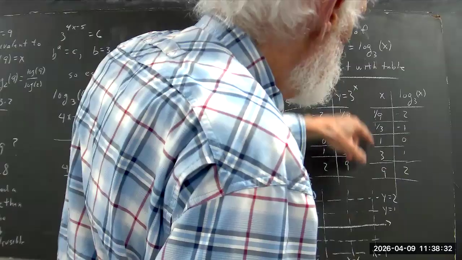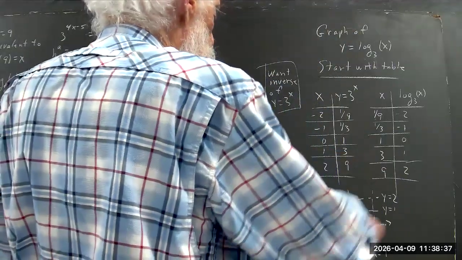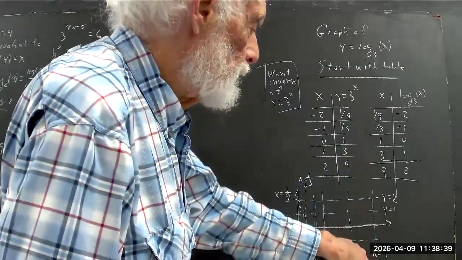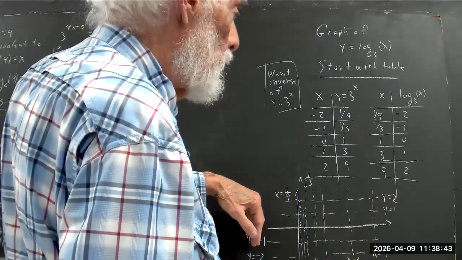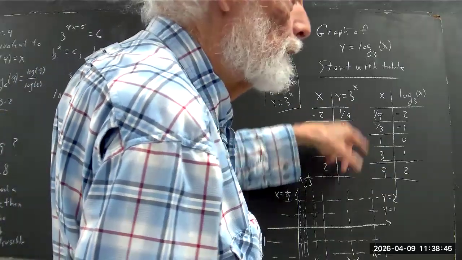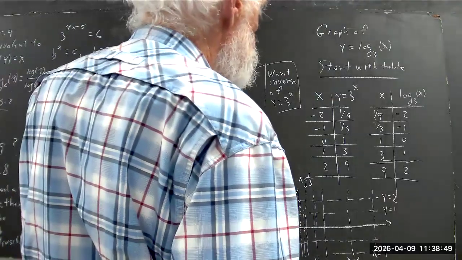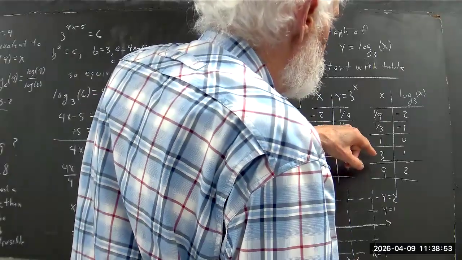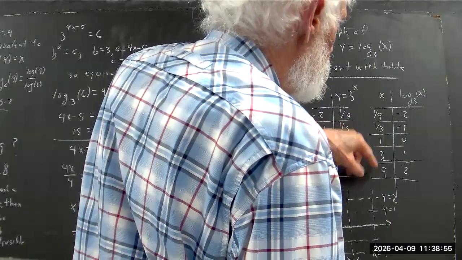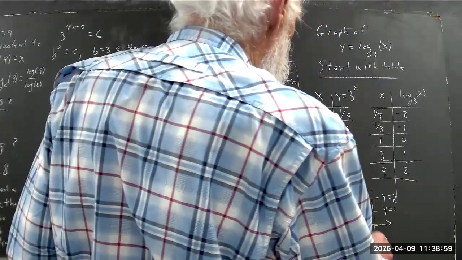We notice that the biggest value of x is 9. So we set up a set of coordinate axes. We go out to x equals 9. We don't put much to the left of the y-axis because there are no negative x values. Then we are going to need values of 3. Well, okay, we got x equals 9. We're going to need x equals 3, meaning we